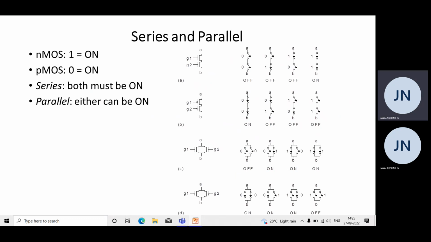So next, we're going to see series and parallel connection. Here you have to remember 4 things. First,